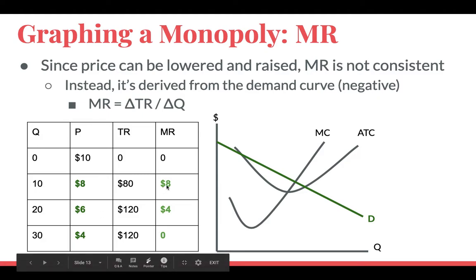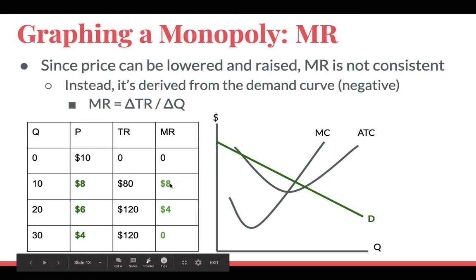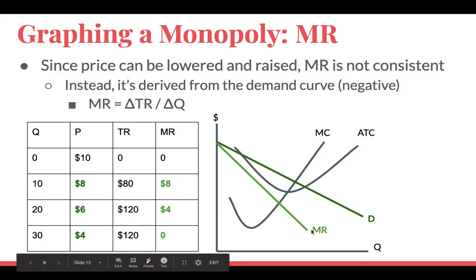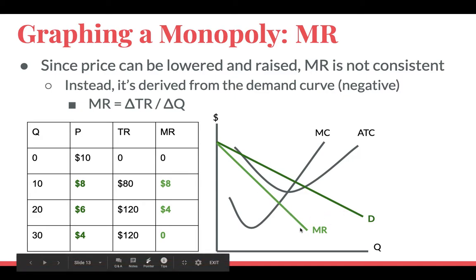But as they do that, you can see that marginal revenue starts at the same place as price. But as we continue to decrease our price in order to get more customers, marginal revenue is going to continue to decrease at a faster pace than the demand curve. Consequently, we end up with a negatively sloped marginal revenue curve that starts at the same point as the demand curve, but it starts to separate more and more. They're constantly diverging as we move toward the x-axis. And that's it. Those are our four curves that we need for a monopoly graph.